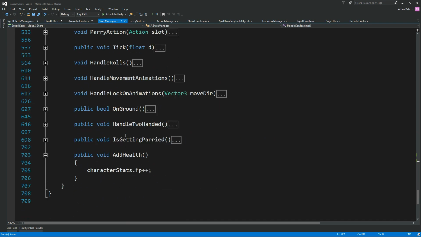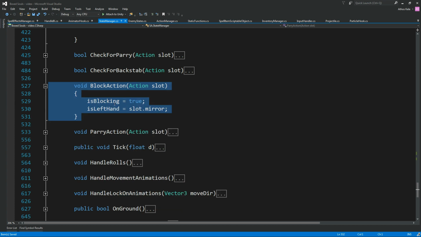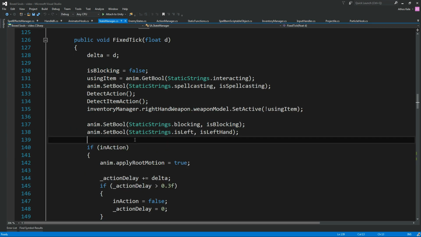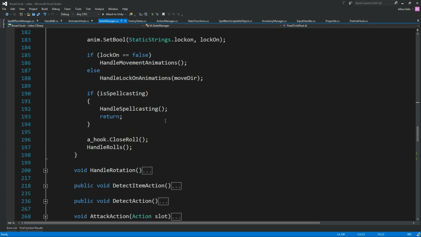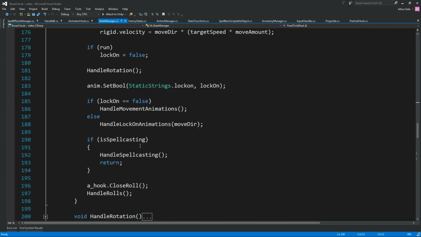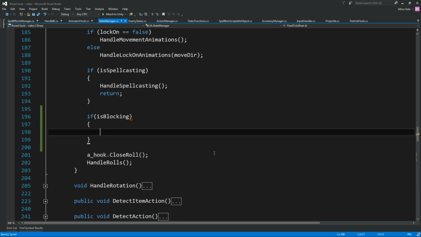So on our state manager, I think we have a handle blocking or something. Block action, let's see, is blocking true. Let's see where else we're using this. Nowhere. Yeah, and it's nowhere because we're not really needing it until right now. So we can say if is blocking, return. Oh yeah, we don't need return. We can say, this will actually be a little bit of a problem, but we can say animator hook dot